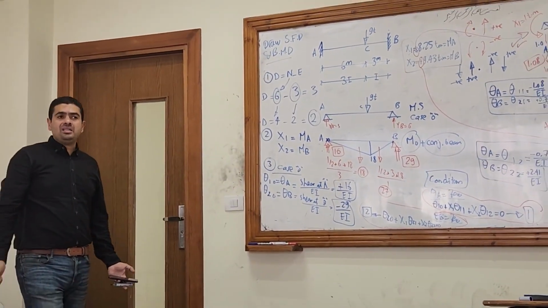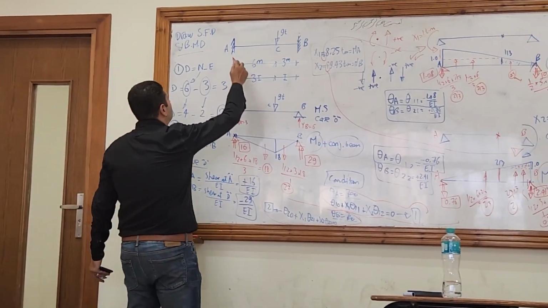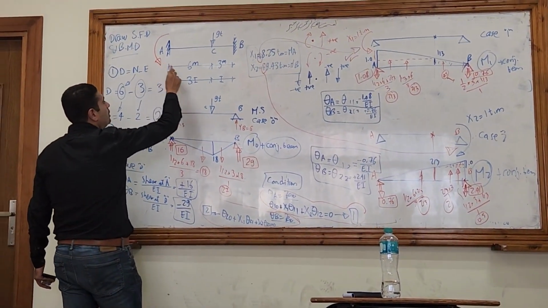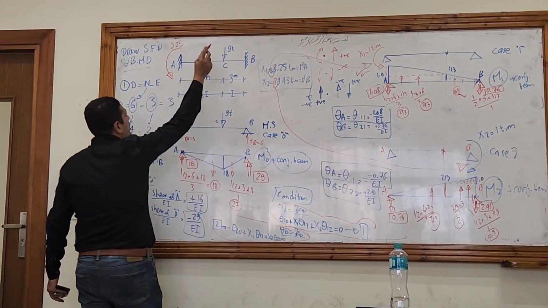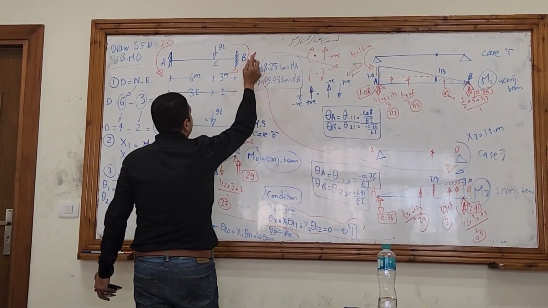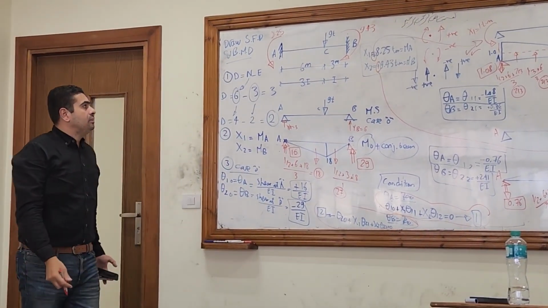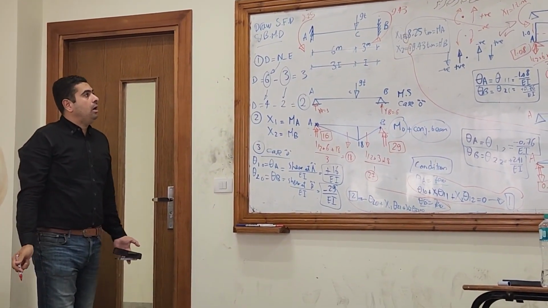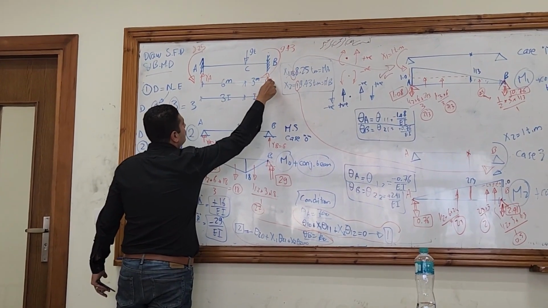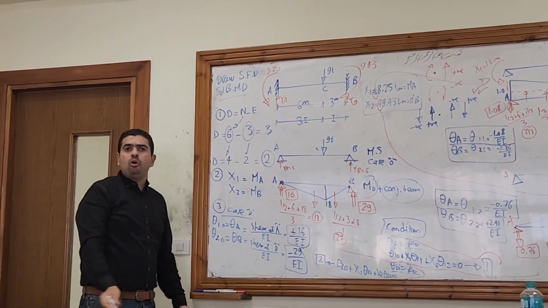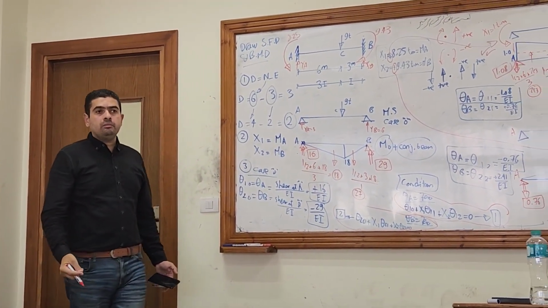So what will be the last step now? I have to draw the shear force diagram and the bending moment diagram. So I know now that MA is in this direction and equals 8.25, and MB equals 9.43 and in this direction. Now easily I can calculate YA and YB by the equilibrium equations, sigma y and sigma moment, and you can now draw the shear force diagram and the bending